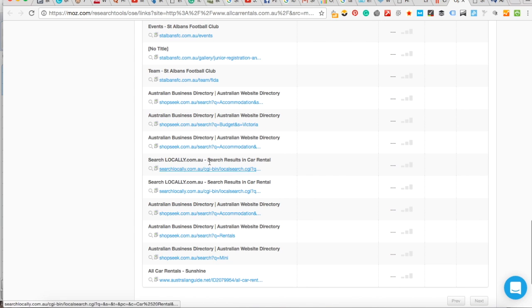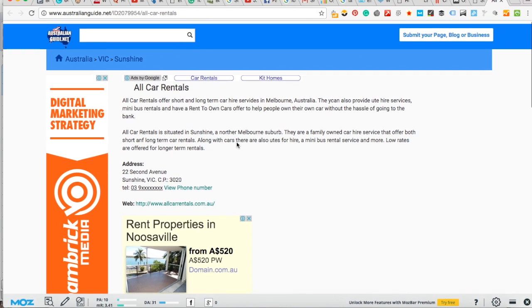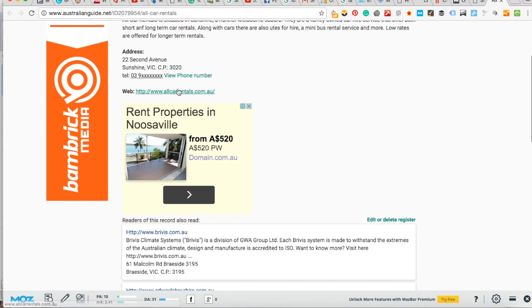And then they also feature on some directories as well. If I go to one of the examples, which is australiaguide.net, you can see that they feature on this page. So there they are, under all car rentals. Now the positive thing with this page is it's got a page authority of 10, so there is some page authority being passed to the linking web page, and the domain authority of the domain is 31. So it is encouraging. However,